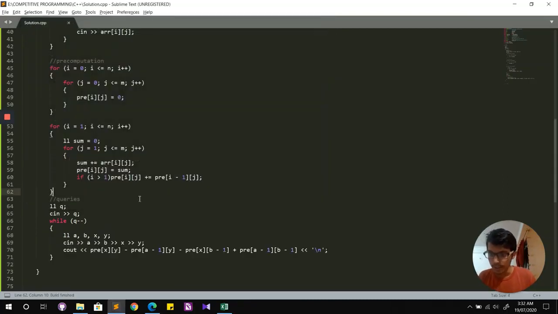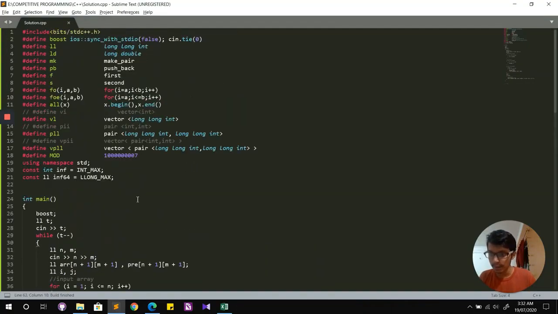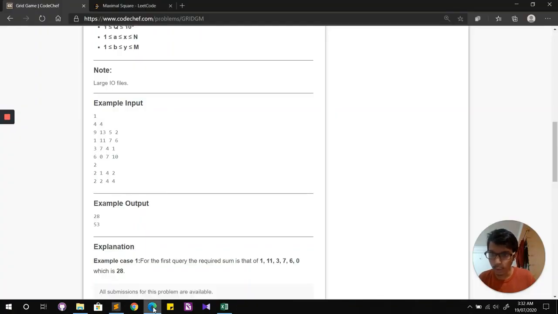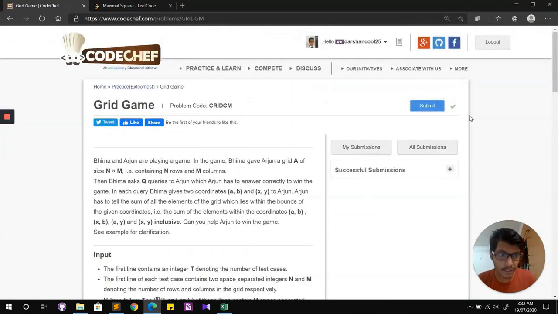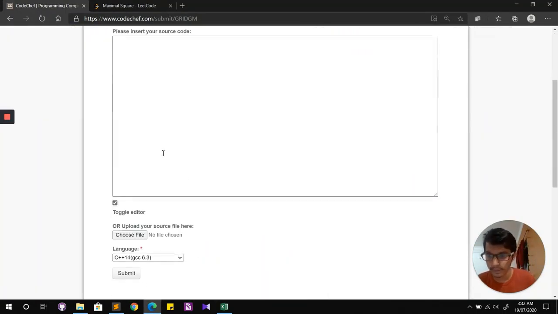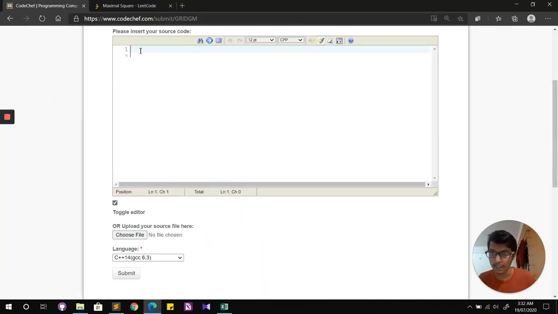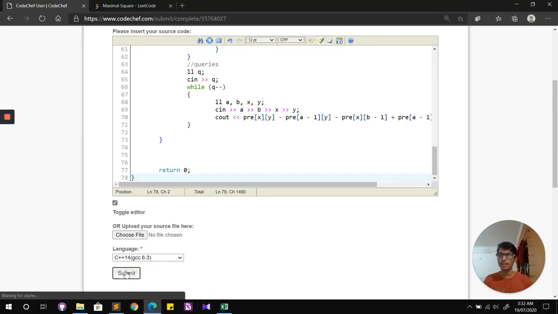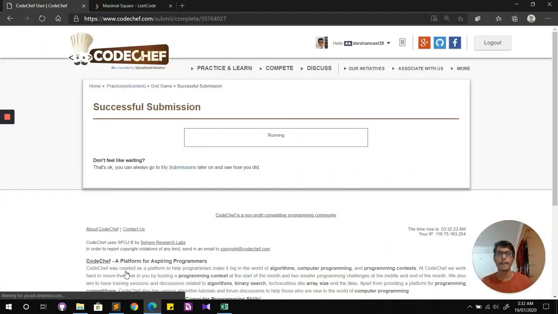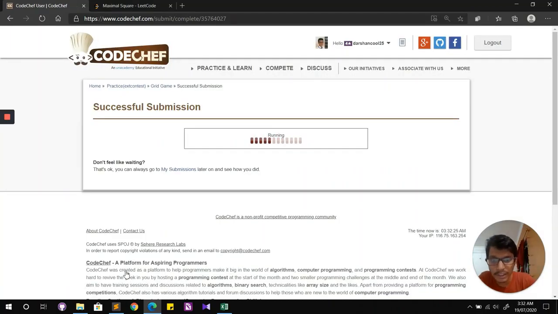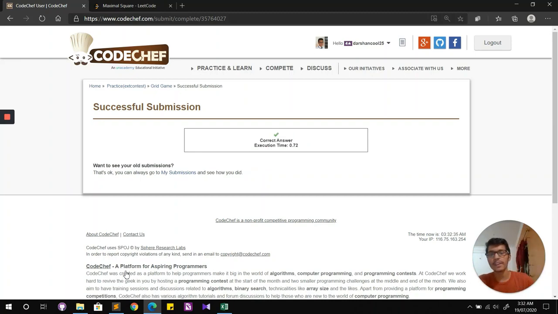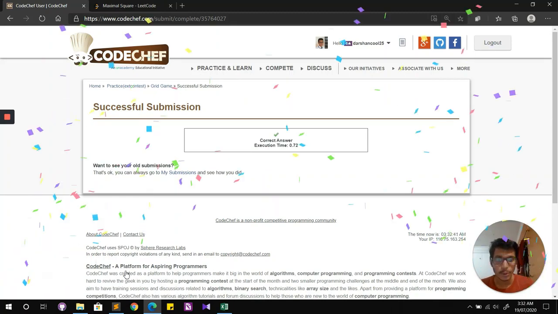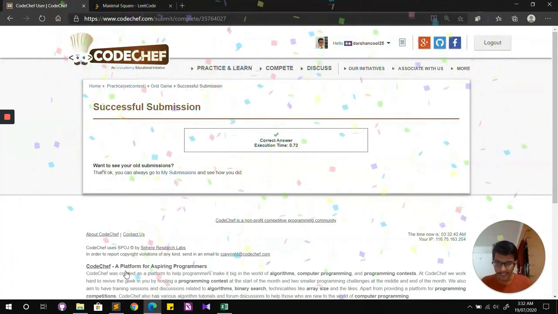So without wasting time, let's take this code and paste it on CodeChef. What's the best way to check the code, right? Just submit it. And I hope this works. And we have a correct answer. Oh, the confetti as well.